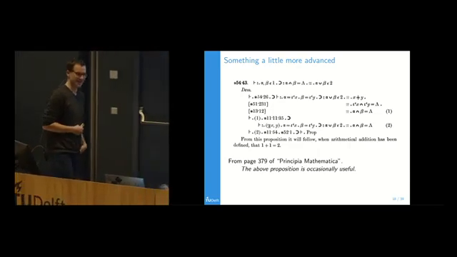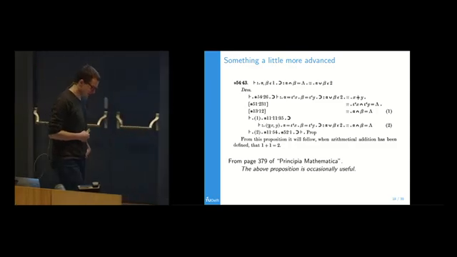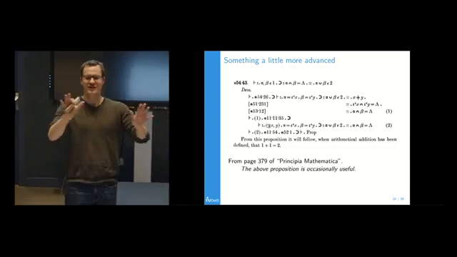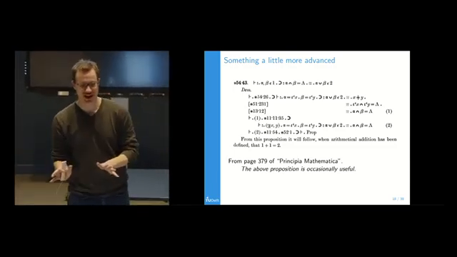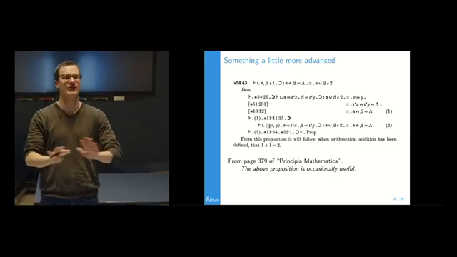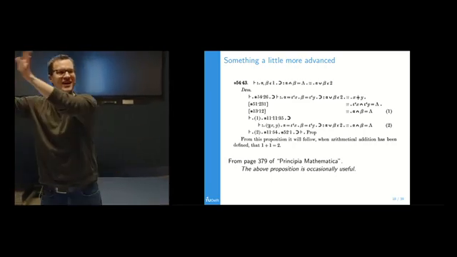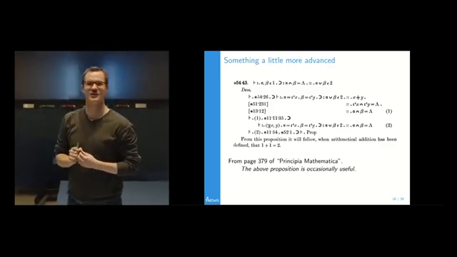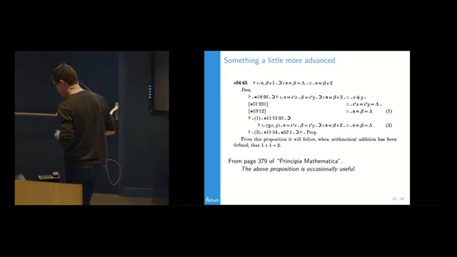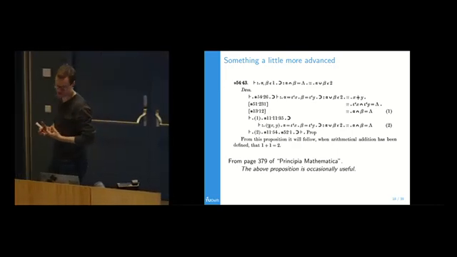Yes, I'd say so. Notice also that the author says, from this proposition it will follow, when arithmetical addition has been defined, that 1 plus 1 equals 2. We're not there yet. We don't know yet how to add numbers together. But once we get there, we can use this proof to show that 1 and 1 equals 2. Great. And this is a proof we can write because we know a little bit about set theory,